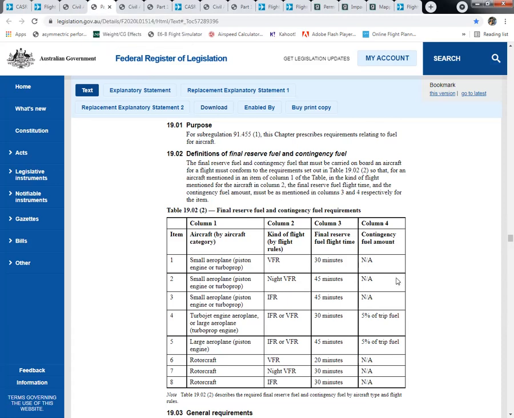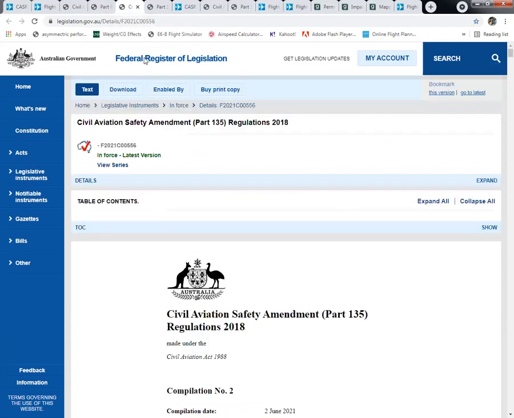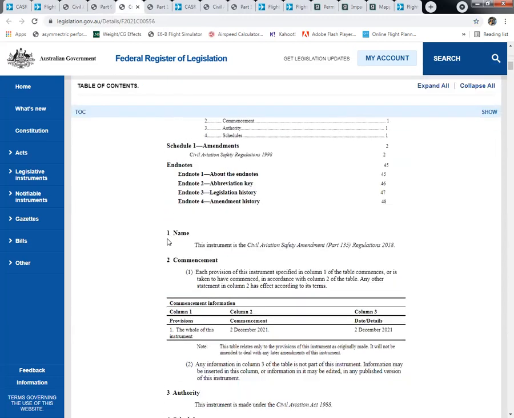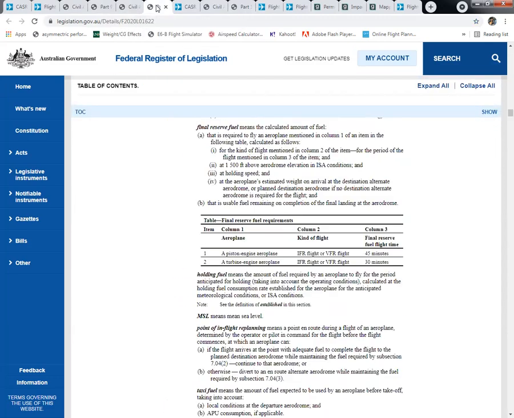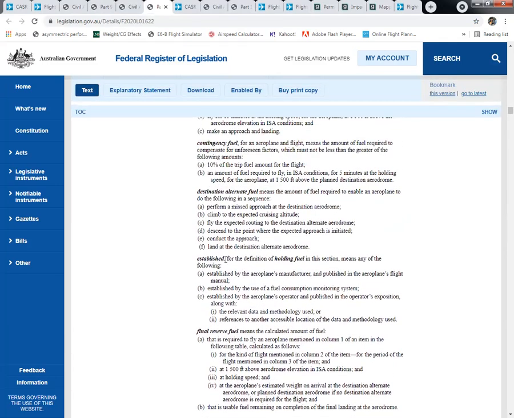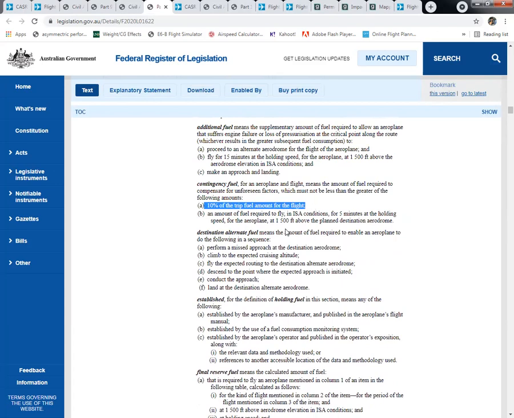And one thing you'll notice is no variable reserve here for small aeroplanes for IFR or VFR, whereas in the CPL exam before, or previously for charter at least, we've had variable reserve for both charter and aerial work. Well, there was never any variable for private, and this is the private cap. But when you go to then Part 135, which is particularly covering air transport operations, and Part 135's MOS, it has its own little mini fuel cap. And in there, well, there you go, 10% of the trip fuel again.